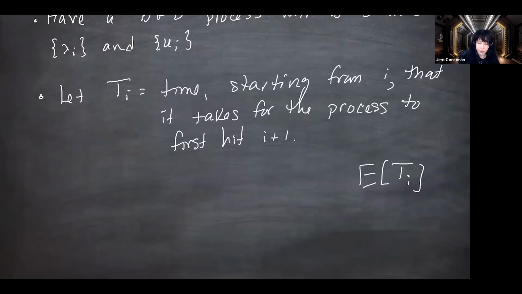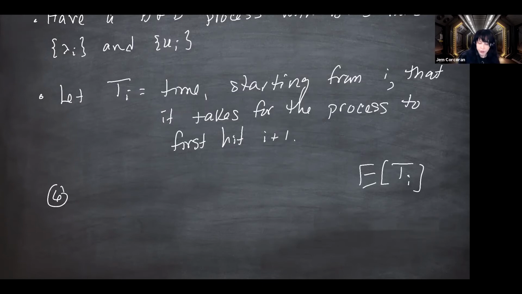We're going to find right now a recursive formula for the expected value of Ti. And then if you go to problem 6 on the homework, you are given some lambda i's and some mu i's, and you want to determine the expected amount of time to go from state 0 to state 2. So in a birth and death process, you can only move one at a time. So in order to go from 0 to 2, you have to go from 0 to 1, and then you have to go from 1 to 2. And that journey may involve trips back to 0.